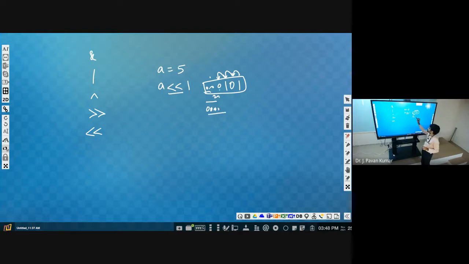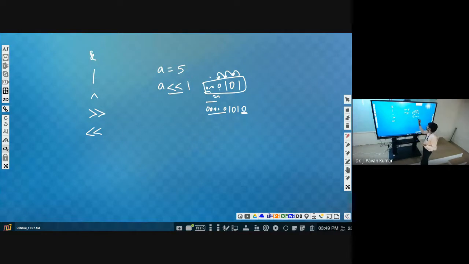Afterwards this 1 will be shifted to the next position. Next this 0 will be shifted to the next. Next this 1 will be shifted to the left side. Now we will be having one vacant position, right? That is filled with 0. Got it? We are just shifting all these bits by 1 position towards left, and the one vacant bit will be filled with 0.